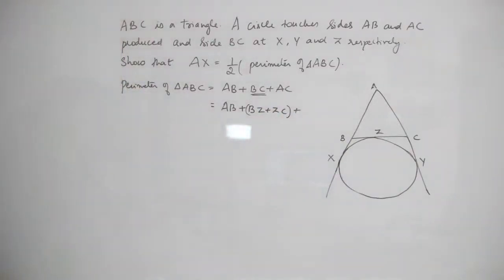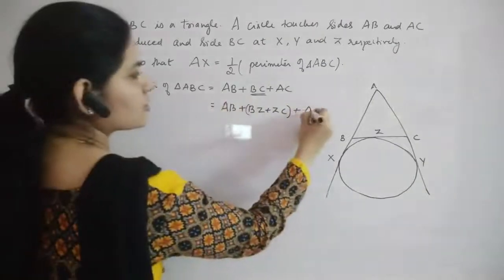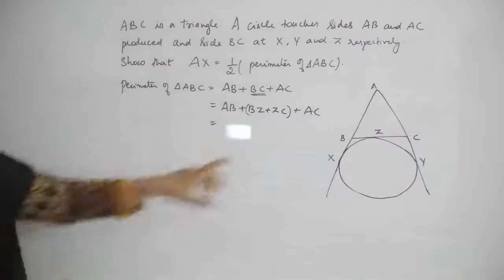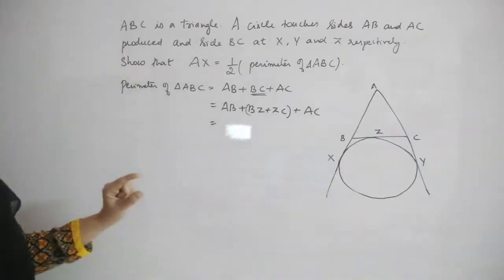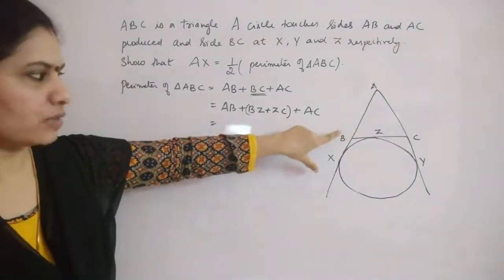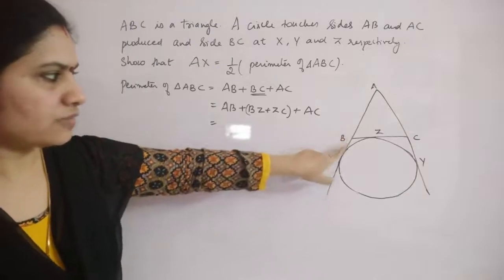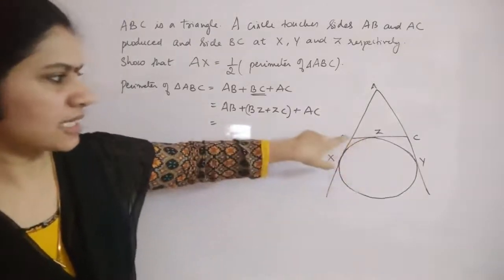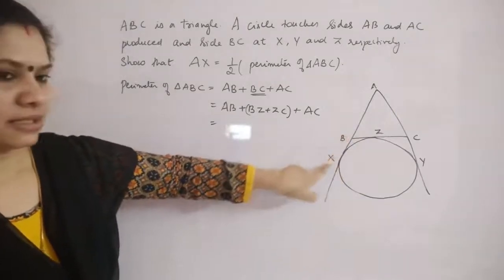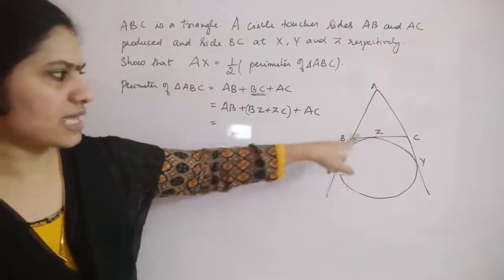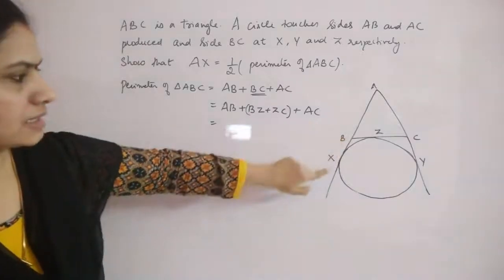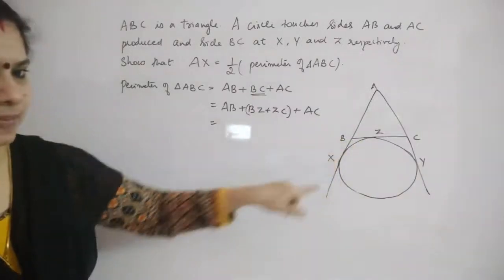Right? That is okay. Now AC is also written as such. Now what we are doing is, we can apply the property which you have studied. What is that property for tangents you have studied? The length of the tangents from the outside of a circle will be equal. So you will get BX will be the same as BZ. B is a point outside this circle, giving you two tangents to the circle, BX and BZ at X and Z respectively. So you can replace BZ with BX, right?